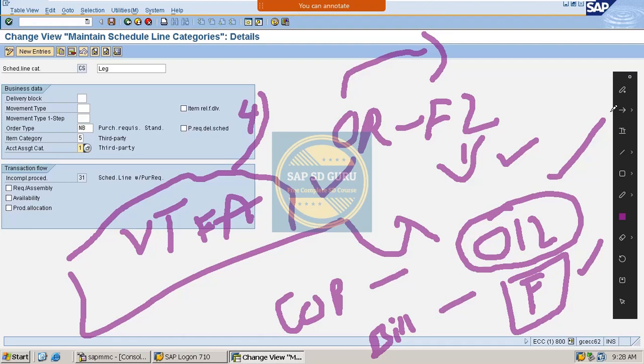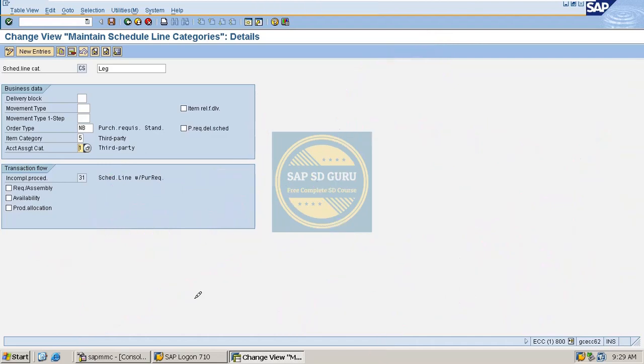In the next session we will go through how we can configure the flow in the system. If you have any queries you can ask me now. For now I will show you how we can see these copy controls. See, now I have given you the transaction VTFA here, right? So now let us go through the transaction VTFA,